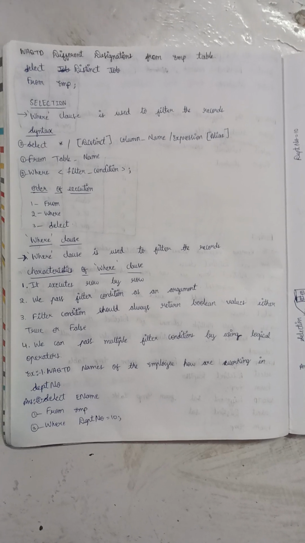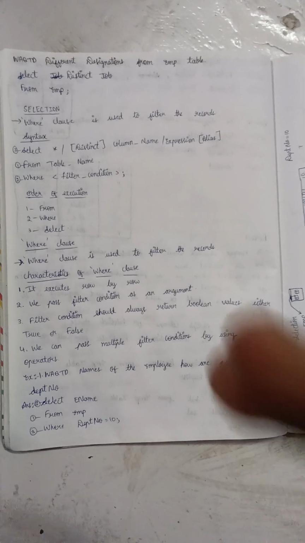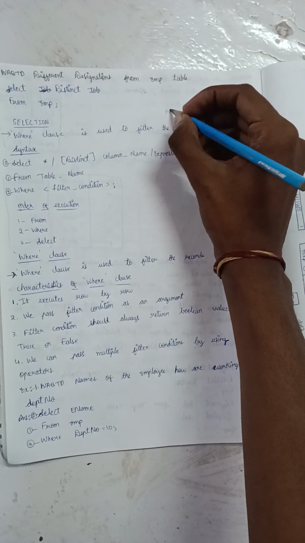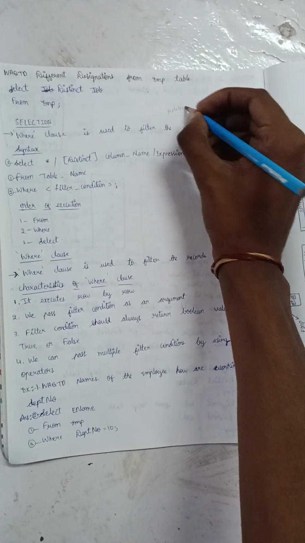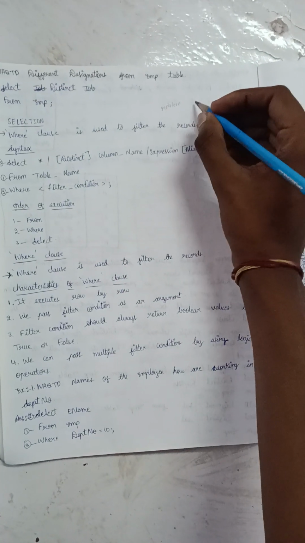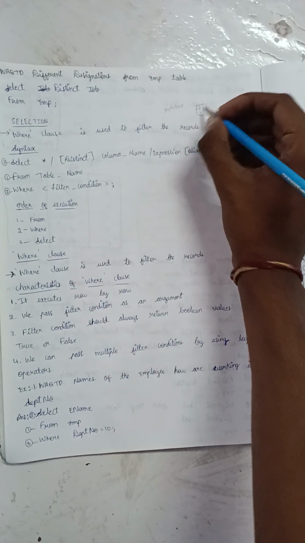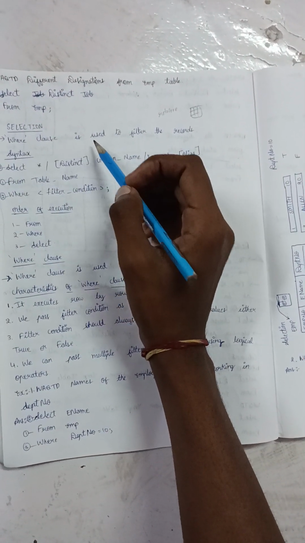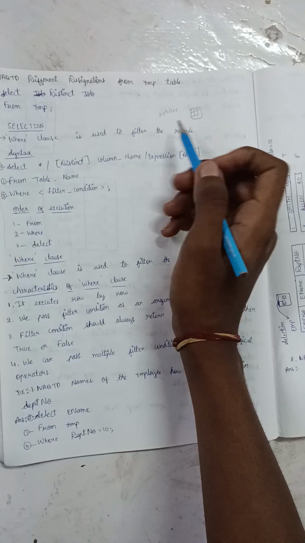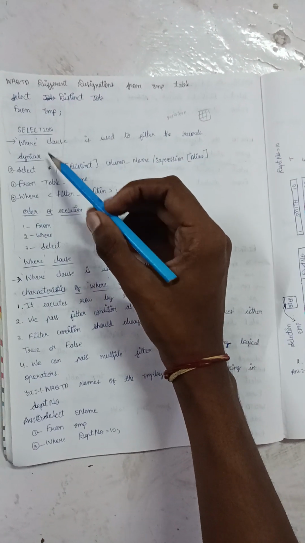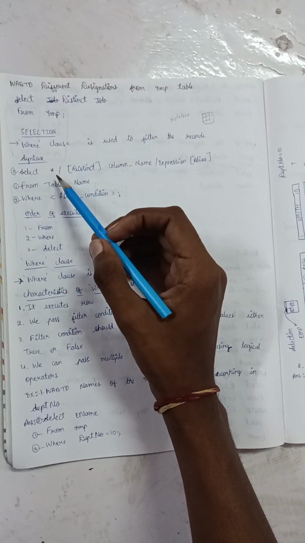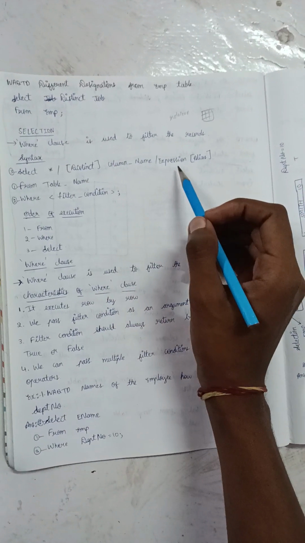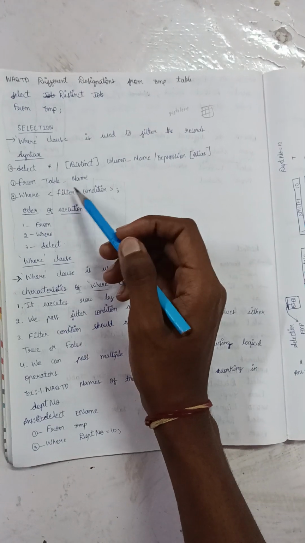Hello everyone. Today I am discussing selection in SQL. Selection is used to retrieve data from the database by selecting both columns and records. Here we use the WHERE clause to filter the records. Syntax for selection is: SELECT * or DISTINCT column name or expression alias FROM table name